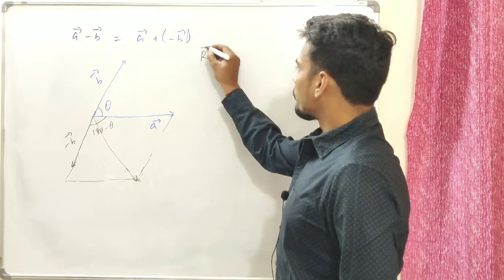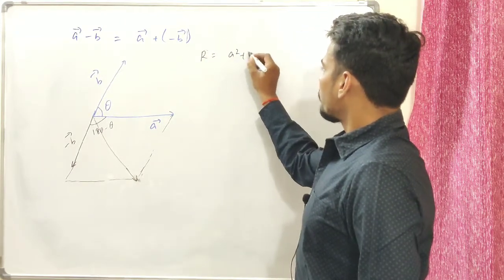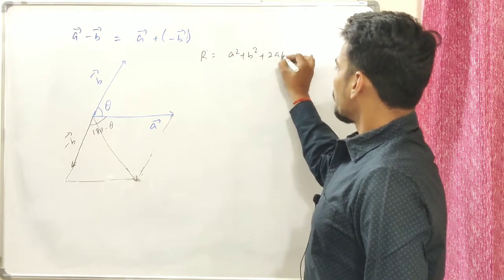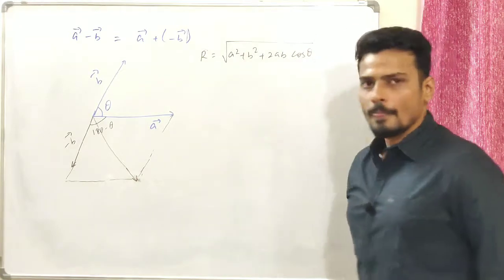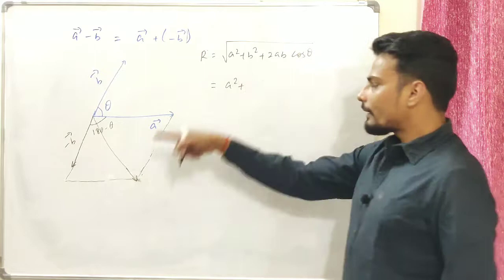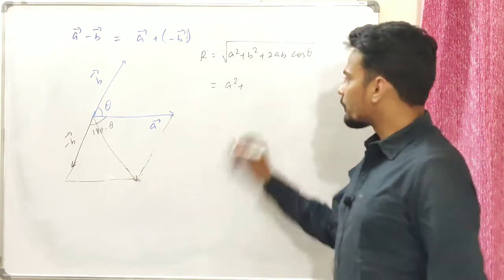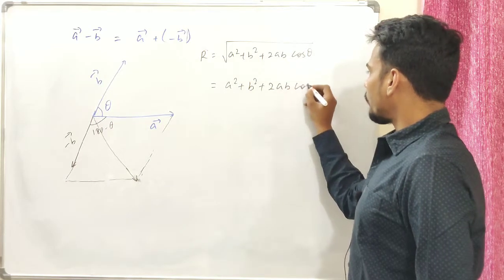I know the formula. I know the resultant is given as, okay, it should be magnitude: square root of a square plus b square plus 2ab cos of theta. That's the resultant. Alright then. So a is going to be a square. I should not write negative b. I told you it's a magnitude, so it should be positive b square plus 2 times ab cos of,